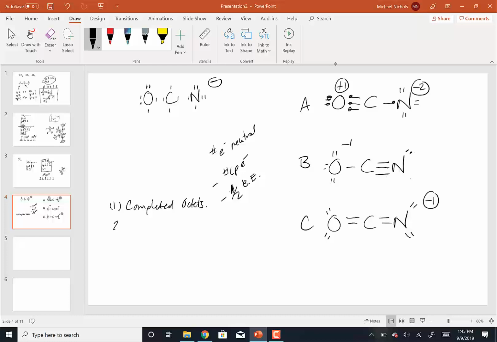Number 2, well, actually I think I called this 1B. 1B would be that the best case scenario would be all 0 formal charges. But that can't happen in this case because I got a -1 ion. So that's not happening. But number 2 then, I want small charges